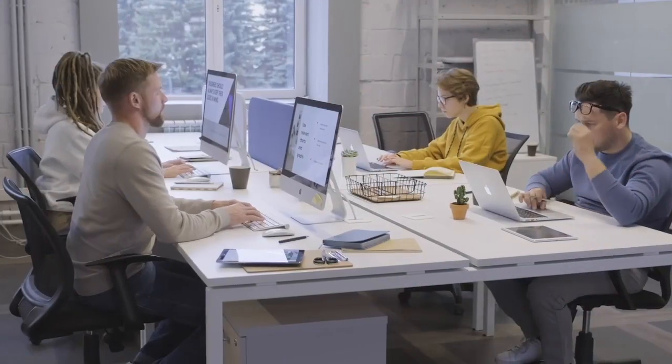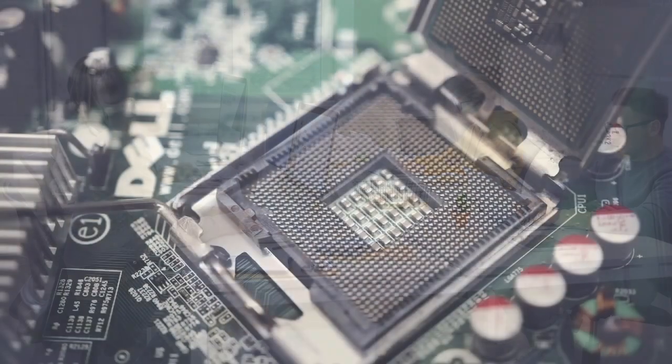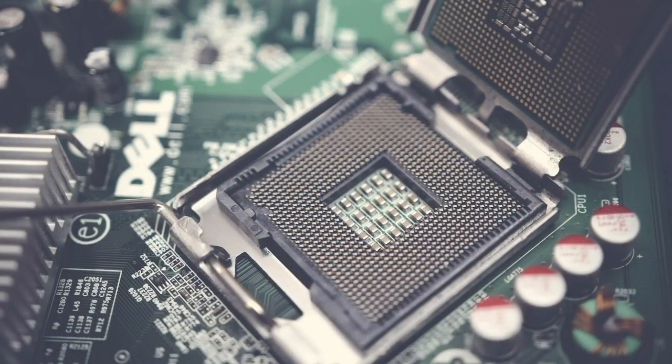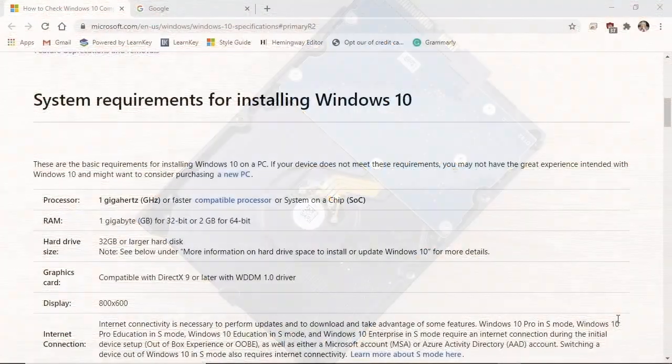In order for applications to function properly, we must have the required hardware. This includes the physical components of the computer, like the central processing unit or the hard drive. We also must have the proper software to communicate and give instructions to the hardware. I have Microsoft support pulled up so we can take a look at some of the requirements needed to install